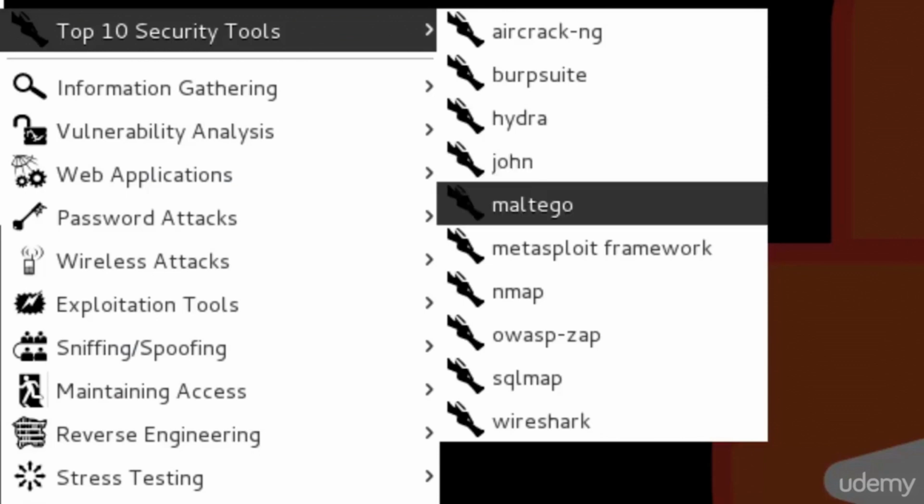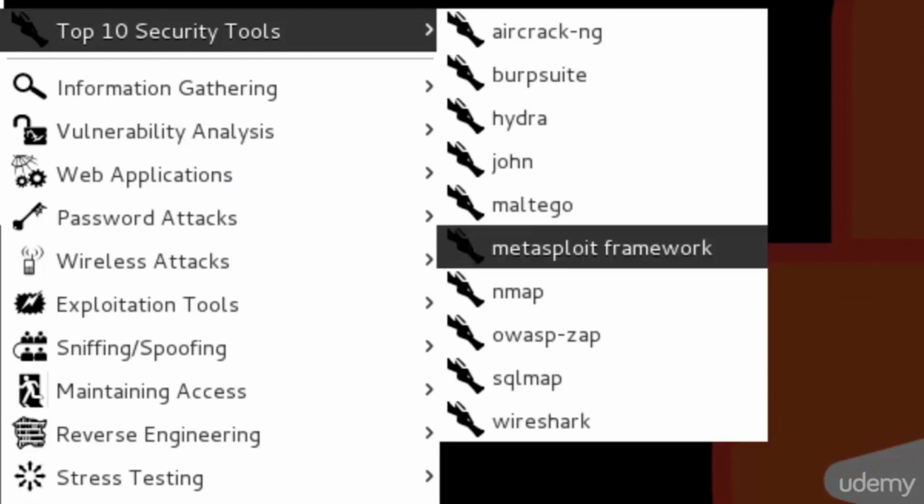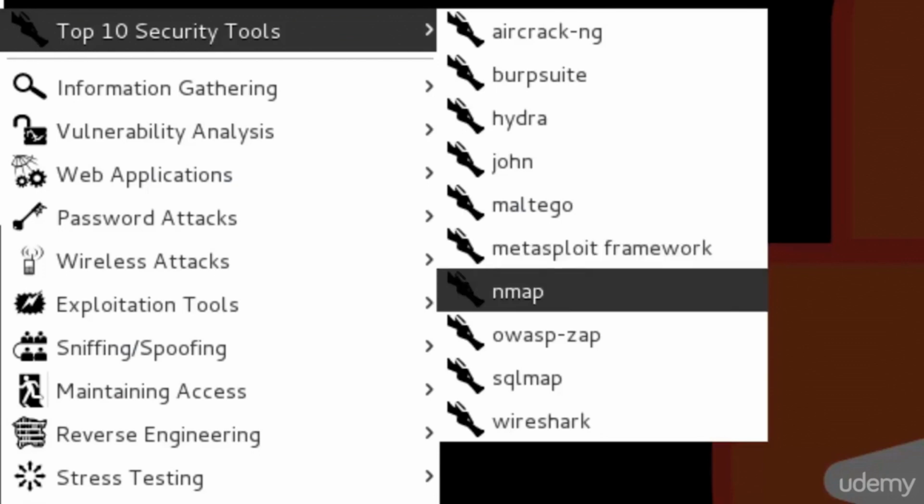Maltego, as I said, is for you to do threat intelligence, to find connections between assets, users, organizations. Metasploit framework, anytime you want to configure exploits, create your own exploits, or use exploits already available for different services, is the way to go. Nmap is just a port scanner, pretty powerful if you want to know which